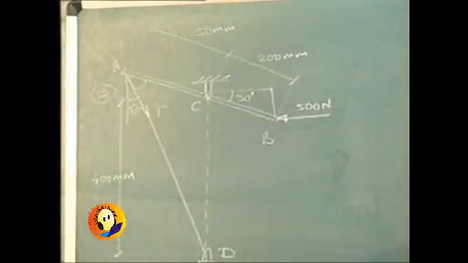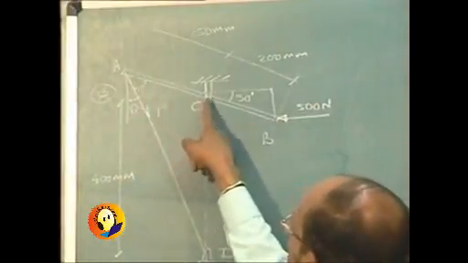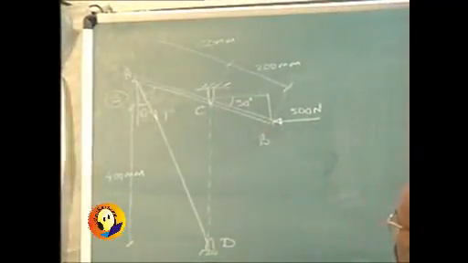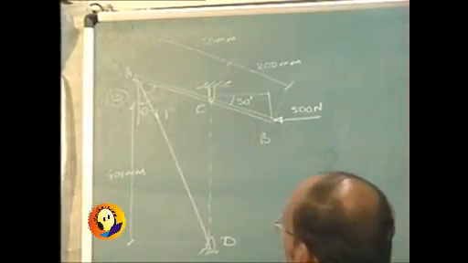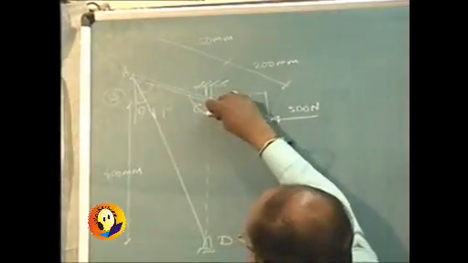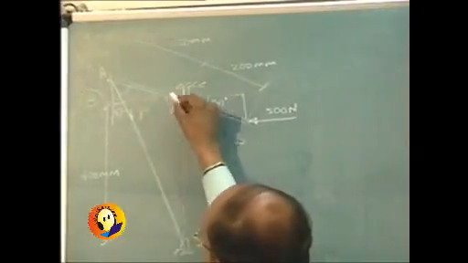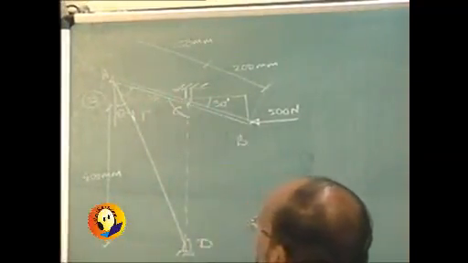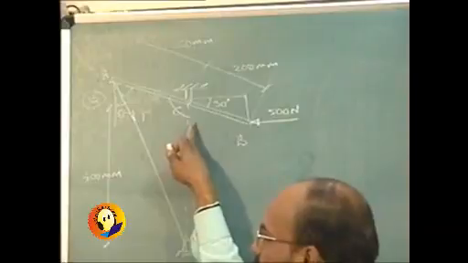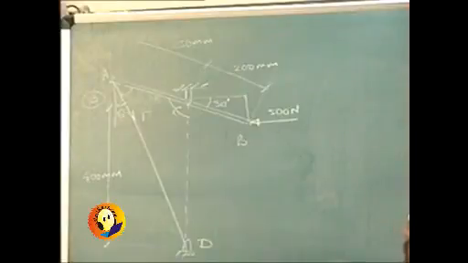So it becomes a problem of trigonometry now to solve the triangle. We know AC length as 250 and we also know that CD length is 400 millimeters. From that we are required to find out the angles. But out of this we are already aware that this angle is 30, so this angle is also 30 degrees, and this is 90. So in all this angle becomes 120 degrees. So if this angle at C is 120 degrees, we can be finding either this angle or this angle. That is what the procedure could be.